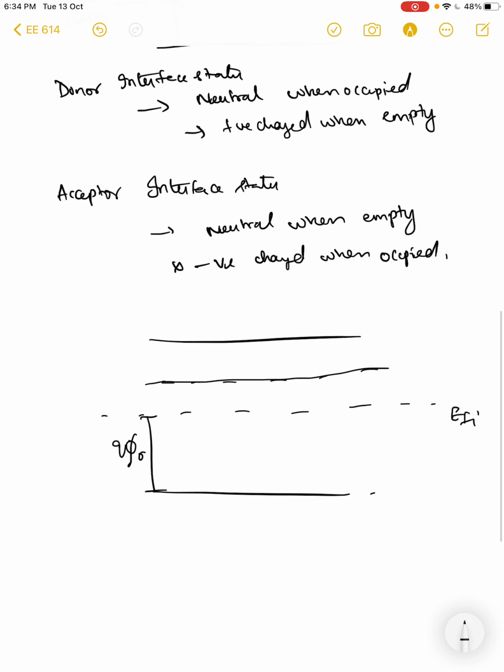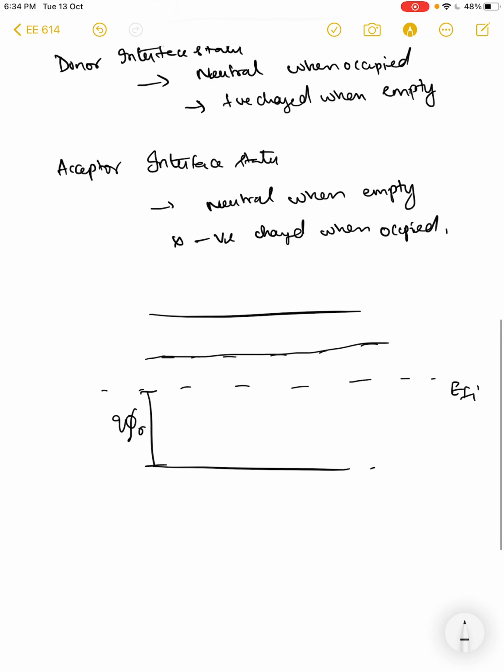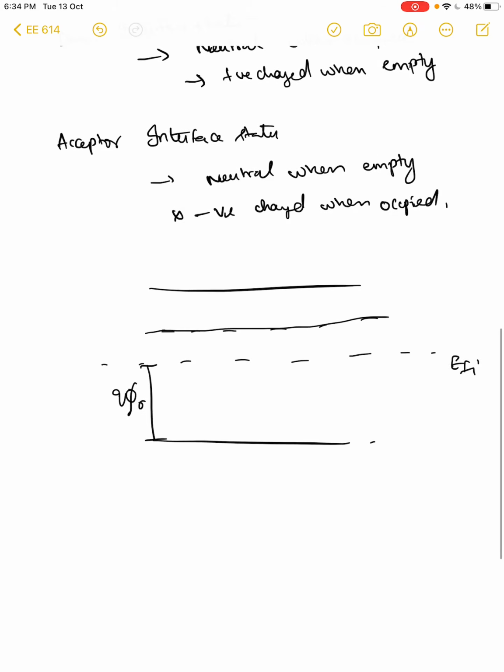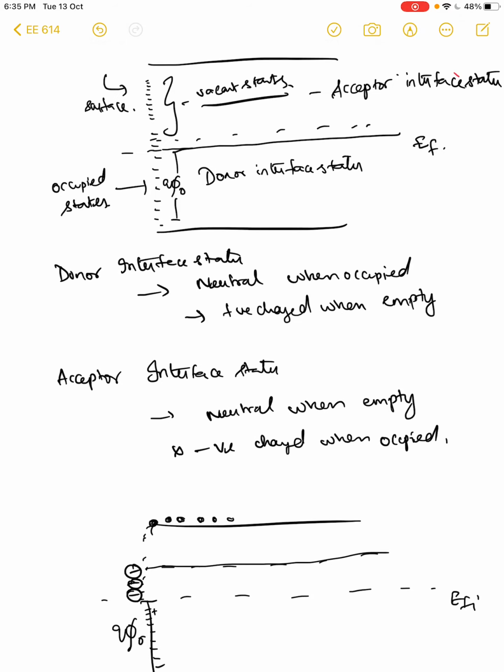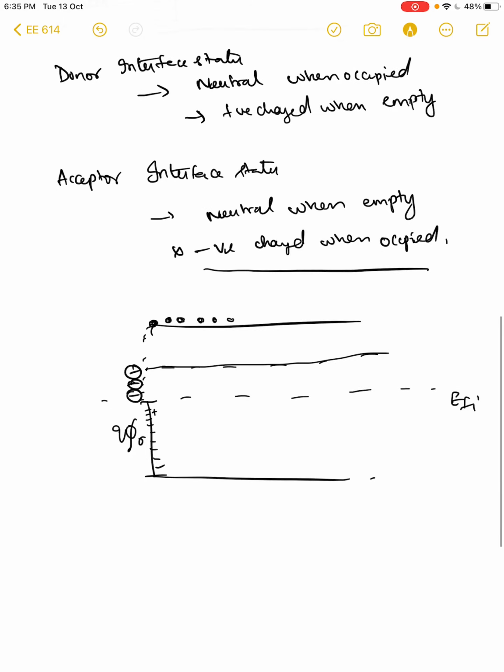So now that I have changed the Fermi level, I have a lot of acceptor states which are here. These are donor states which were once fully occupied, and these states which were initially empty, you remember, because I have doped it, I have a lot of electrons in the conduction band. The electrons will fall down to the acceptor energy levels, which will take the electron and turn negatively charged, right? That's what we saw here. Acceptors are negatively charged when occupied. So these guys take an electron and become negatively charged.